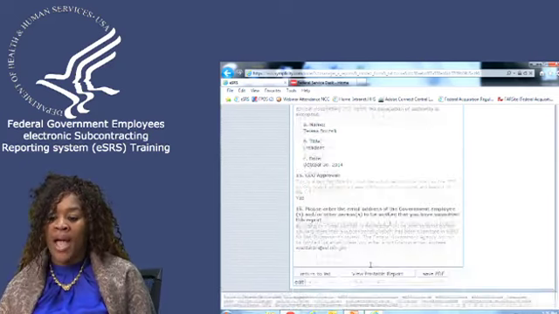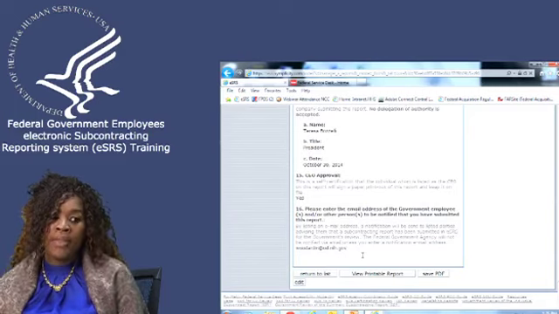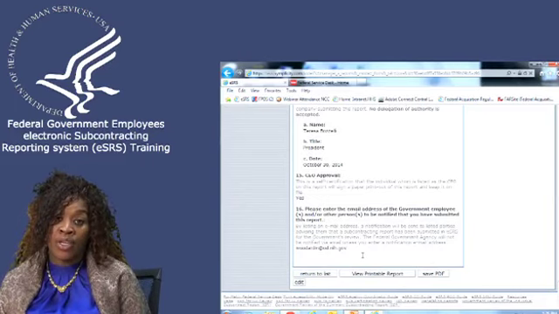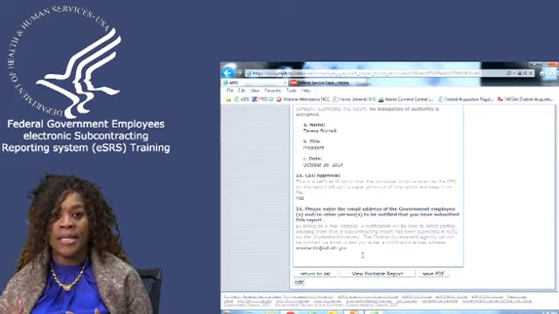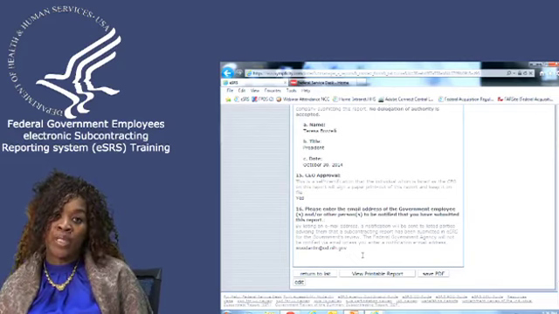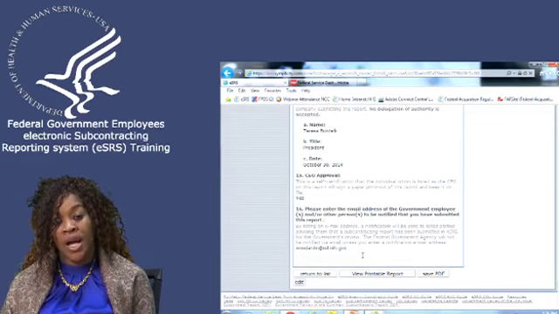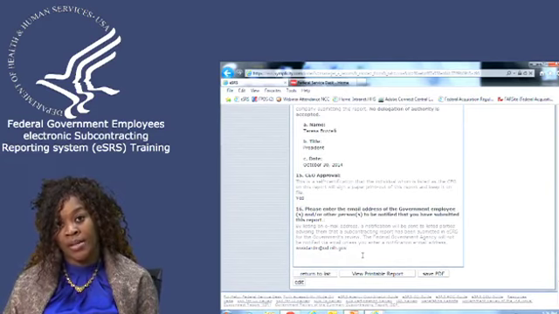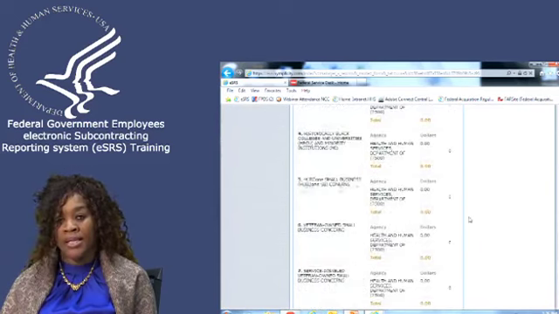Okay. We do ask that they enter an email address, but it's very important that you know that does not mean the HHS individual will not see the report if they do not put your email address in. As you know, we have turnover, we have people who have different positions assigned to them, so at no point in time do we rely on this email address in order for you to have visibility to the report. As long as you have registered for the right contracting office, you will have visibility of the report once you log into eSRS.